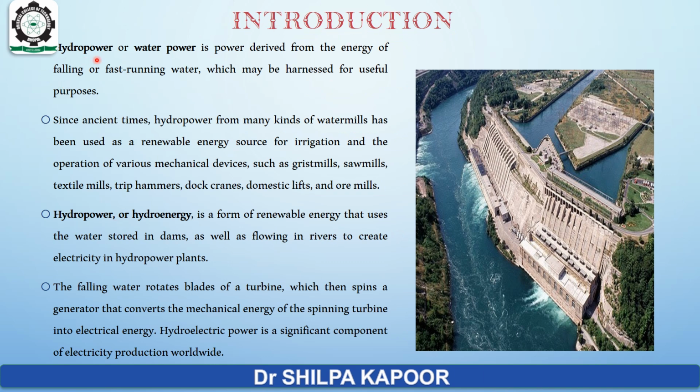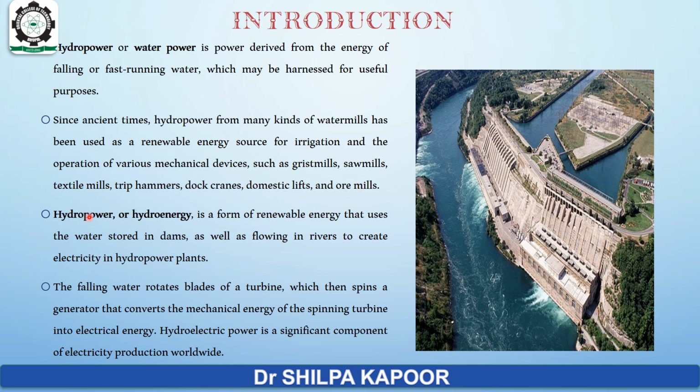Introduction. Hydropower or the water power is power derived from the energy of falling or fast running water, which may be harnessed for useful purposes. Since ancient times, hydropower from many kinds of water mills has been used as a renewable energy source for irrigation and the operation of various mechanical devices such as grist mills, sawmills, textile mills, trip hammers, dock cranes, domestic lifts and